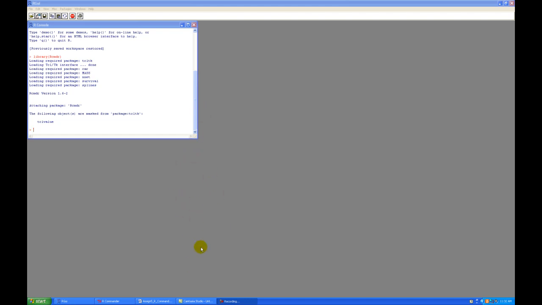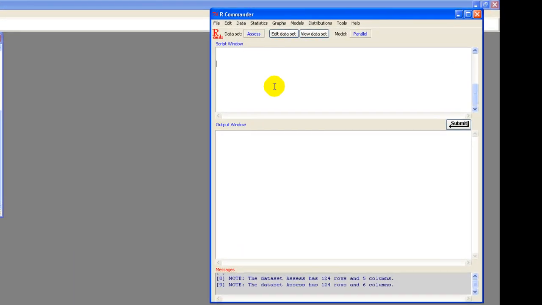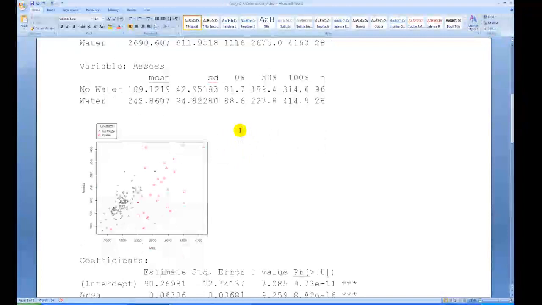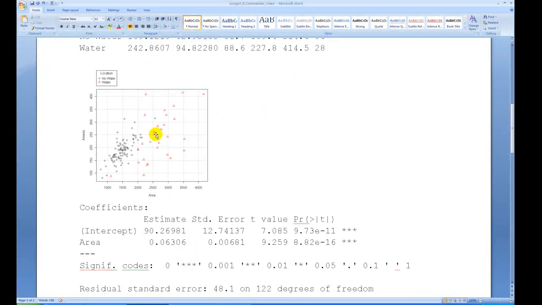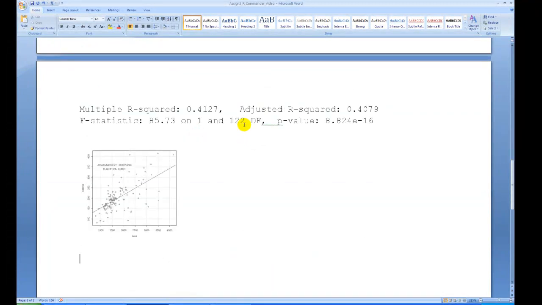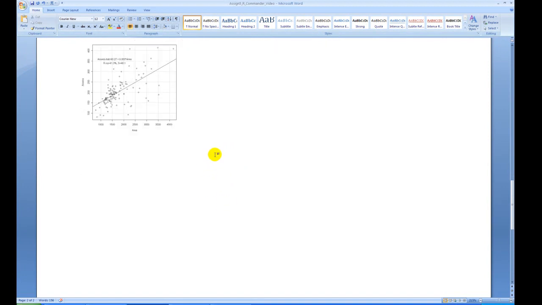Okay, I already loaded the data set into R Commander, and I created the variables as I did in the last video, and we already did descriptive stats. I made a scatter plot with points distinguished by location and ran a straight line regression and got a fitted line graph for the basic regression. So now we're going to do parallel lines. I'll just have a heading here,